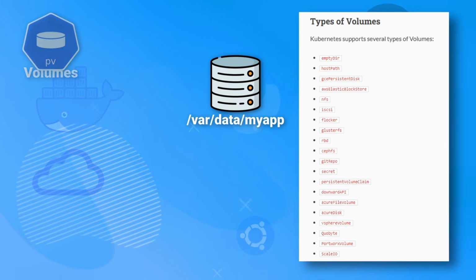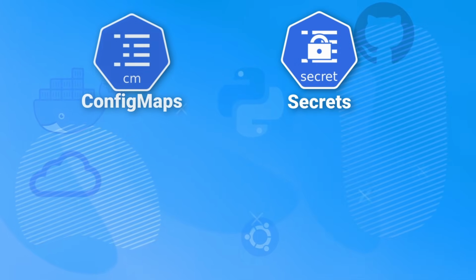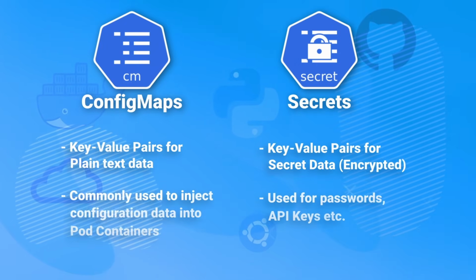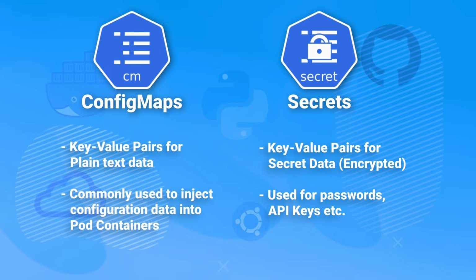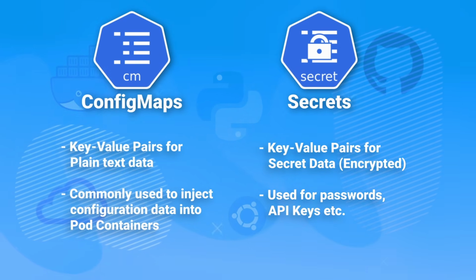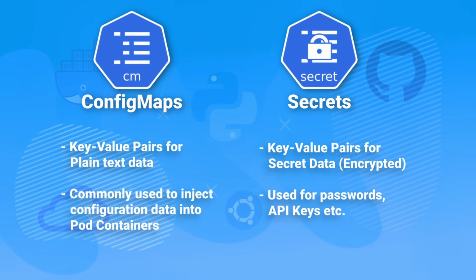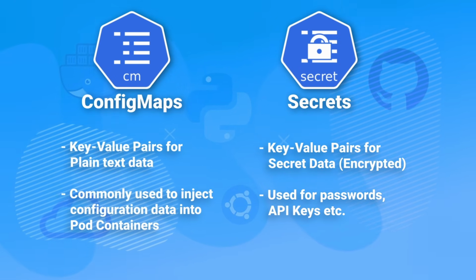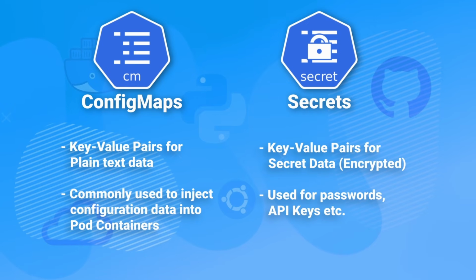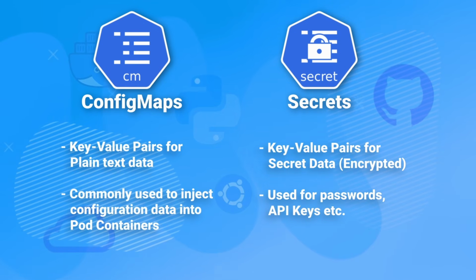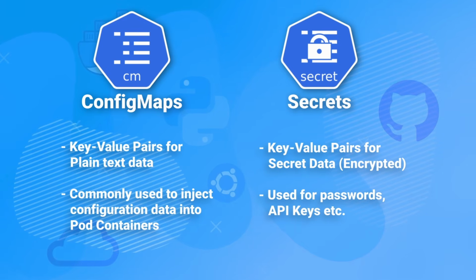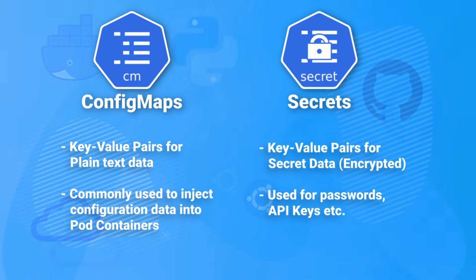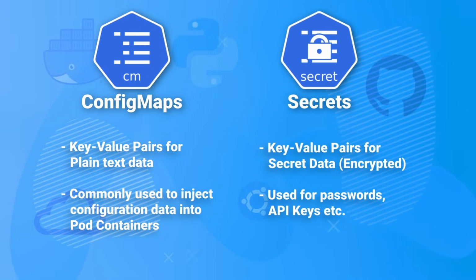config maps and secrets. Config maps and secrets are another way to expose data to containers in your pod. Both config maps and secrets store data the same way, using key-value pairs. The difference is config maps are meant for plain text data, while secrets are meant for data that you don't want exposed. Since the data that we will be using is not sensitive, we'll be creating config maps and mapping them to our pods, but you should know that creating secrets and exposing them to the pods is done the